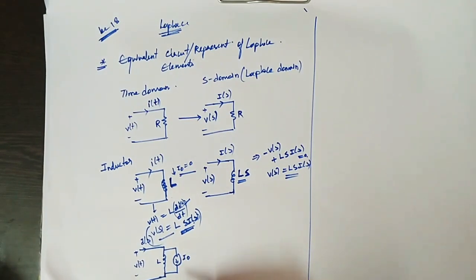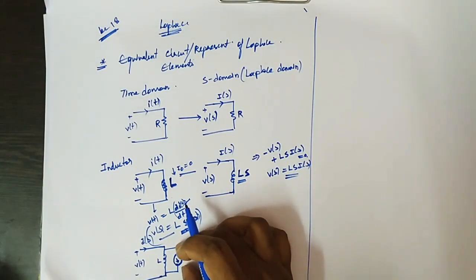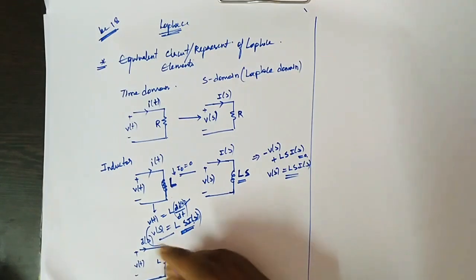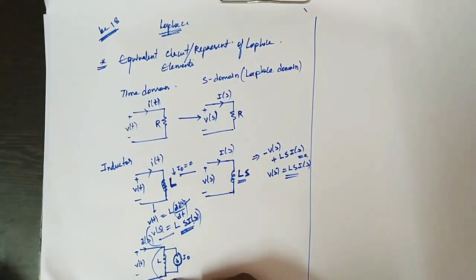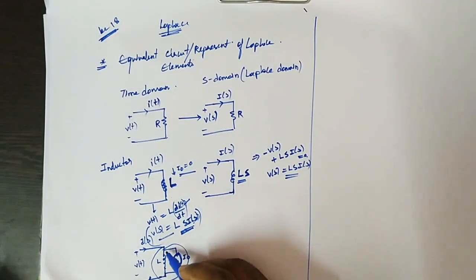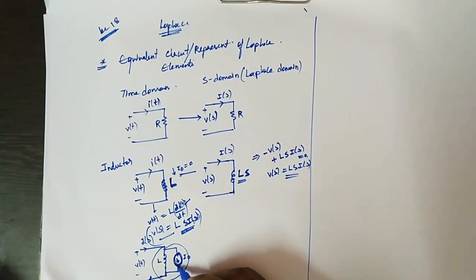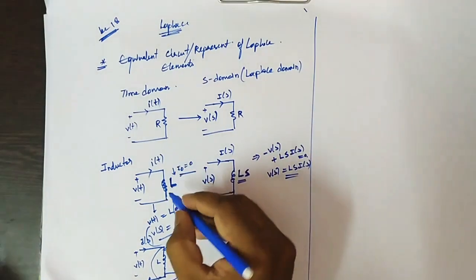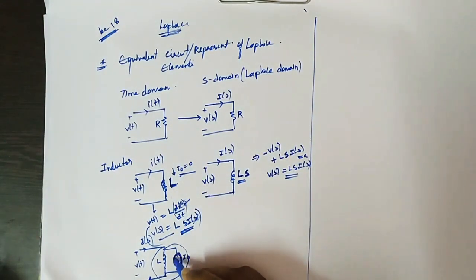Why is the initial current I naught represented in parallel and not in series? Here the I naught and the current charged through I are different. The entire branch current will flow, so whatever current is there, plus the stored current I naught, will flow through the circuit. Both currents are different. If you represent it in series, the same current I naught would flow. So to represent the initial current I naught stored in inductor L, it should be represented in parallel.